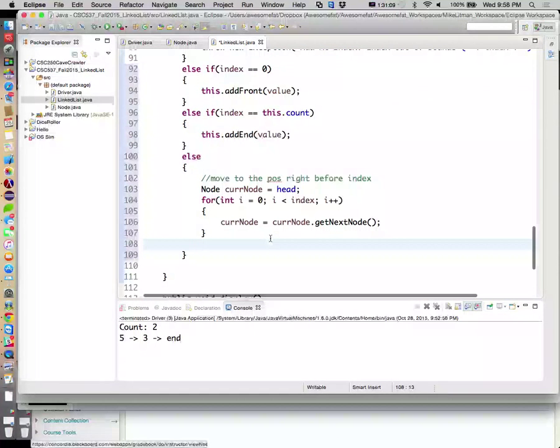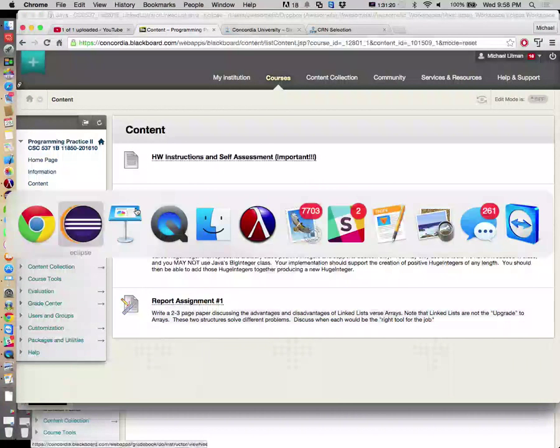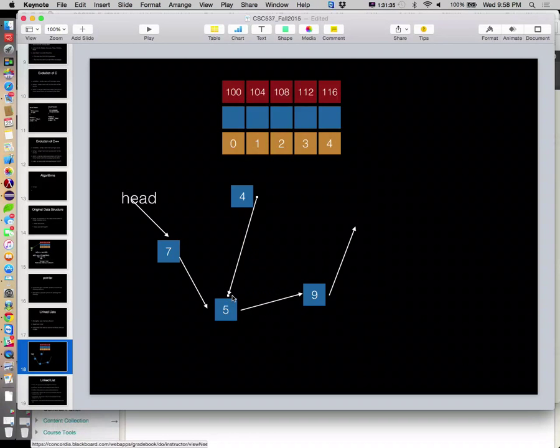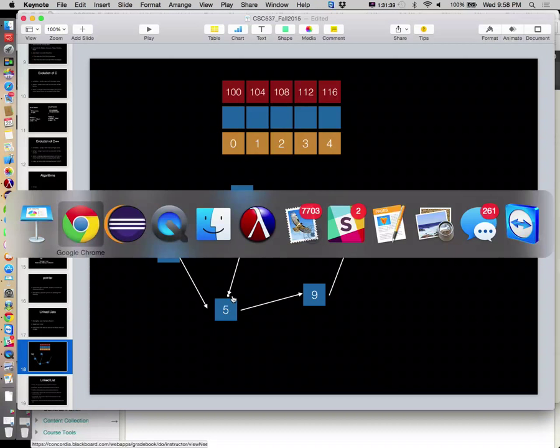All right. And then once I've kicked it down the line a little bit, then I'm going to go ahead and we're going to do our logic, which is right here. So logic's going to say, so I'll be pointing right here. So I'm going to say this guy dot set next node to this guy, but not until after I've taken my new node and connect him here. So I need to go ahead and create my new node, set him equal to cur node's next node.